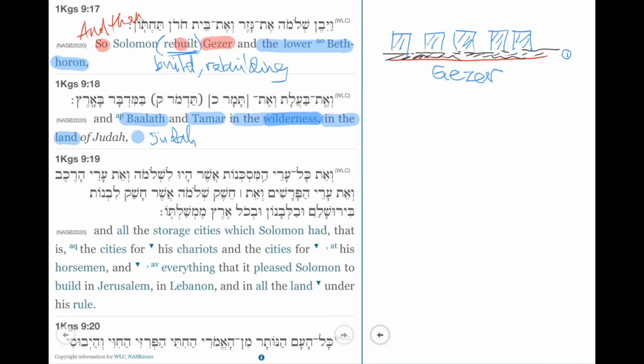So remember, one of the things that I had alluded to earlier on is that there are many places like Gezer where, when they came in to possess the land, they did not dispossess the specific nations that God told them to completely wipe out. And so they are there amongst them. So in verse